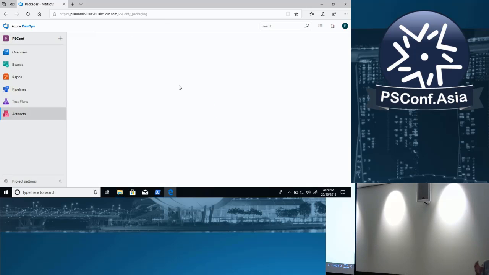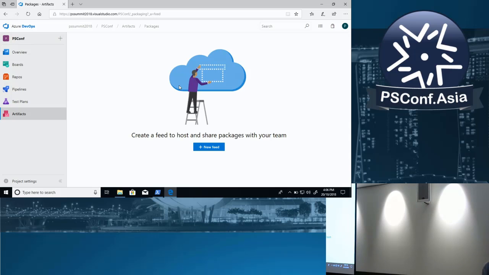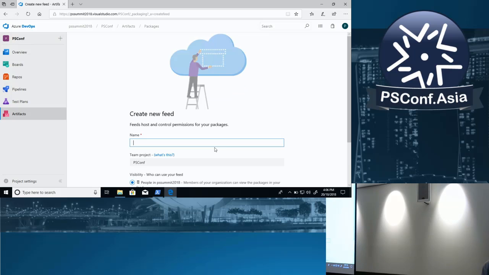Because our module has binary bits and also our PowerShell code, we want to create two different package feeds. We're going to have one for the binary pieces and then one for the module itself. So we'll just start off by creating a couple of those feeds. We'll call this one psconf